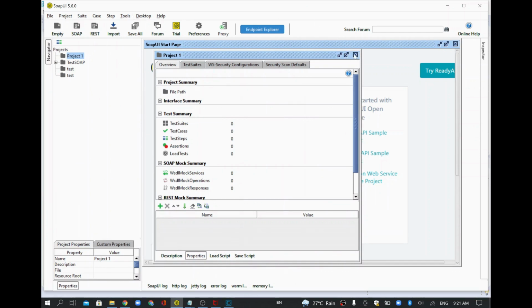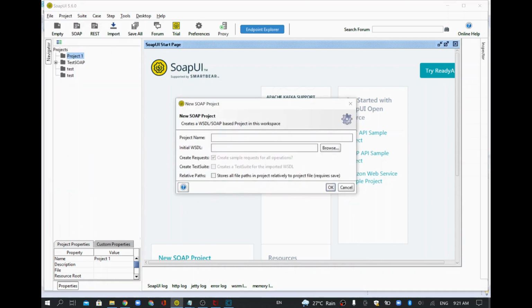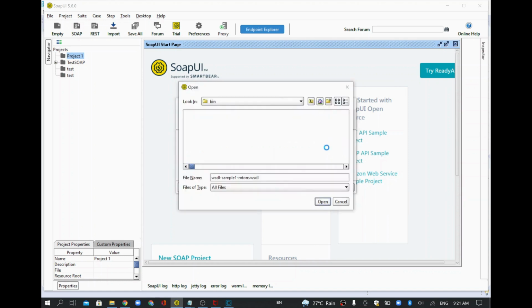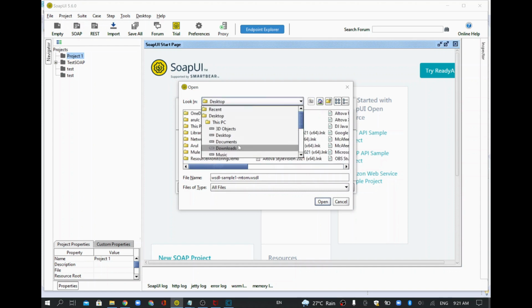I want to create a new SOAP project, and I'll give this the name SOAP attachment demo. And the WSDL I stored in my download folder, right, which I'm going to browse. Desktop, and I have it in the download folder.